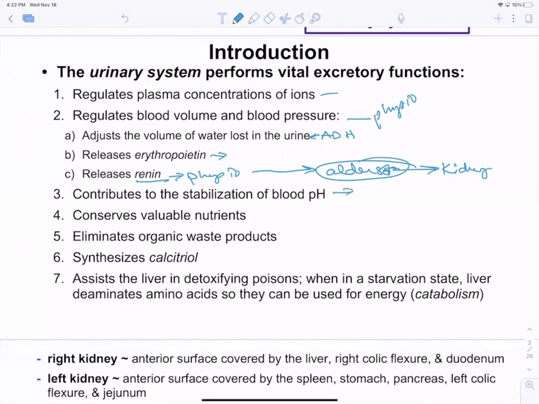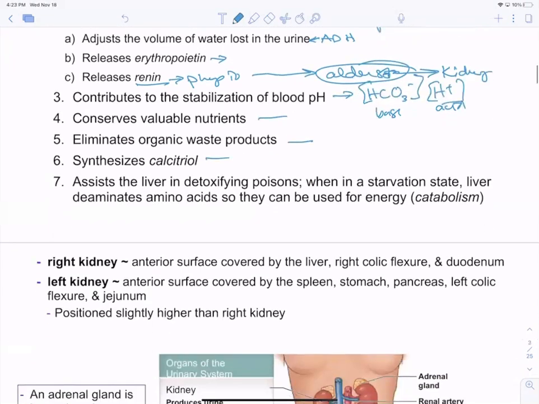Look, the kidneys can excrete bicarb or hydrogen. So it's an acid base that it can excrete more or less. So it controls pH that way, and conserves nutrients by keeping them or eliminating things that you don't need. Oh, I have calcitriol down here. And also it